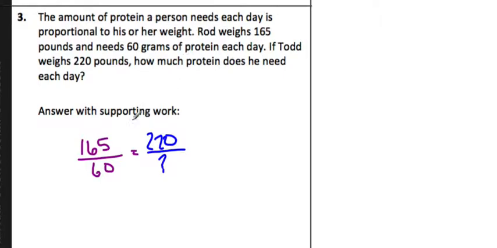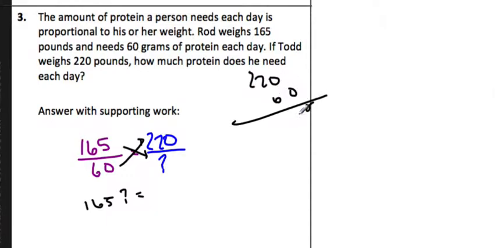Now, thinking back to 8th grade, and I know you've done this, we're going to do something called cross multiplication. So 165 times some number I don't know, which is still a question mark, is equal to 220 times 60. And I don't have a calculator on me, so I'll just do this by hand. Oops, that's a 0. 6 times 0 is also 0. 6 times 2 is 12. Carry the 1. 6 times 2 is still 12. 13. Okay, so this is going to be equal to